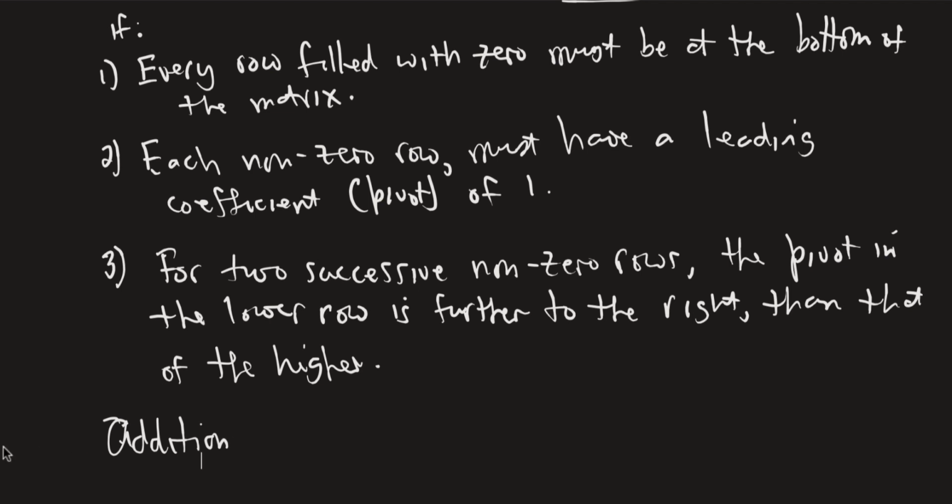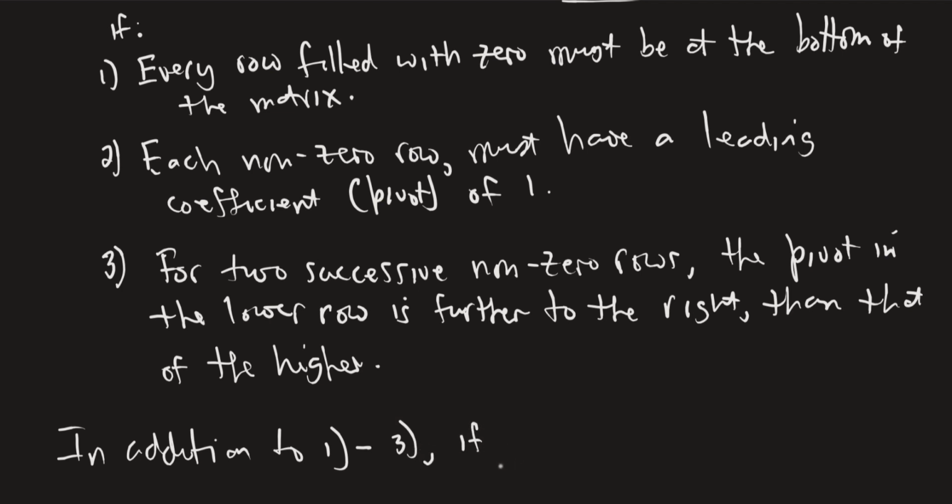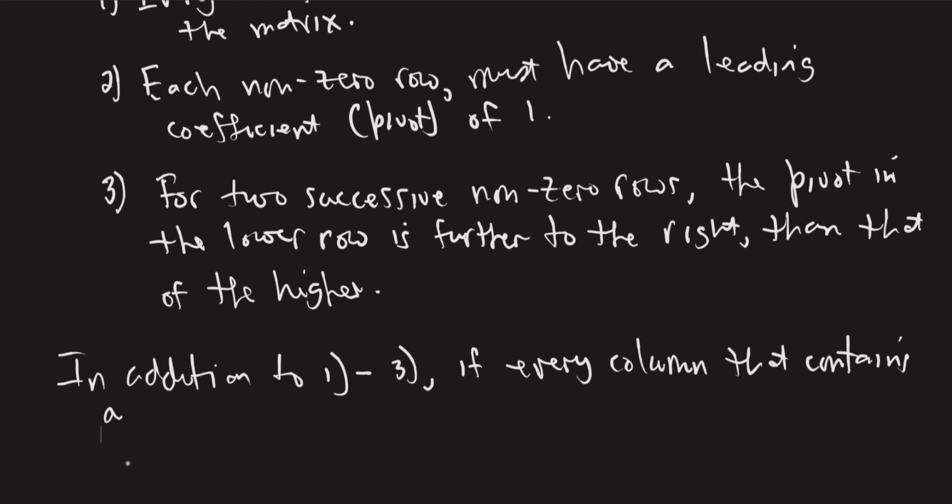So in addition to properties 1 through 3, if every column that contains a pivot, so that's every time you have a leading coefficient of 1, which again has to be 1 because of our requirement here, if every column that contains a pivot has all other entries equal to 0,